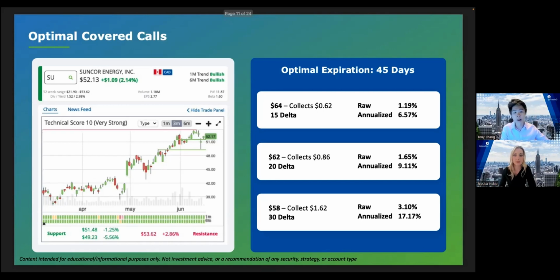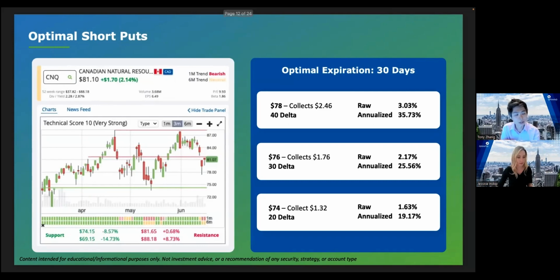And this requires the stock to rally 14% in a month and a half before you give away any upside. And a lot of traders are hesitant on giving away upside, but really the stock has to make, in this particular case, a fairly astronomical move in order for you to give up any upside. And when it doesn't, you're going to collect roughly double the dividend yield for the week, for the month, if you will, that call doesn't get assigned. So that's just something I want to show you in terms of how much yield you're actually collecting from that covered call. So let's go back to that short put on Canadian